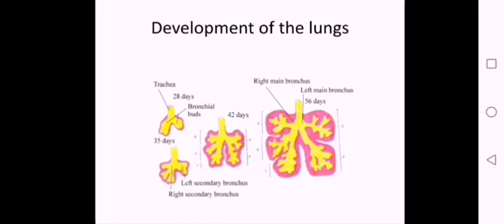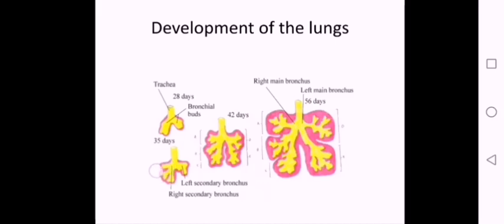Together, as we mentioned, the lung buds are surrounded by mesenchyme, and this mesenchyme differentiates into the connective tissue of the lungs and the blood vessels, and the cartilages of the